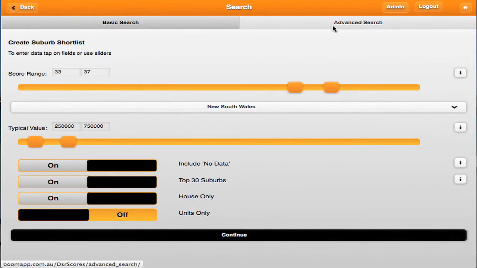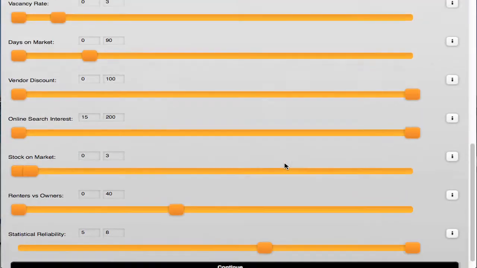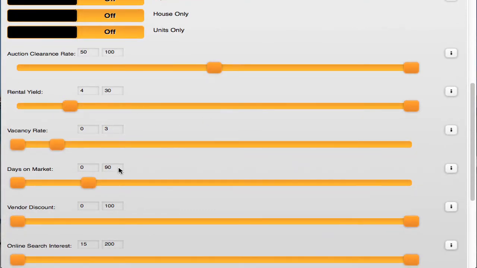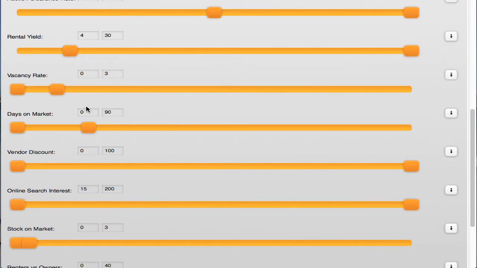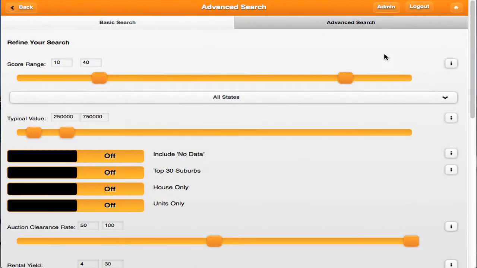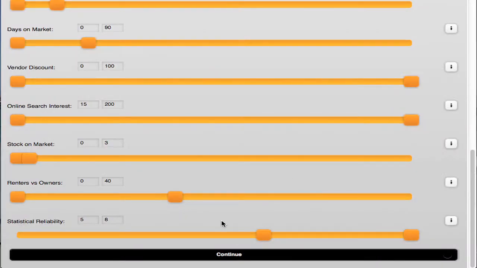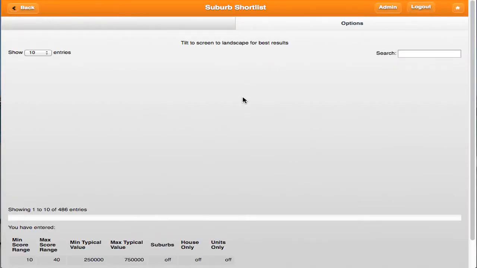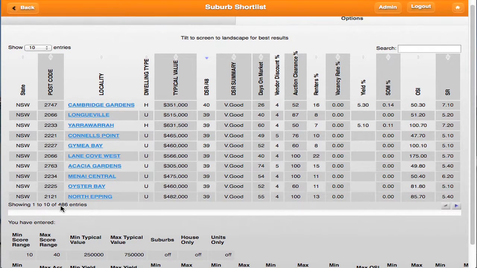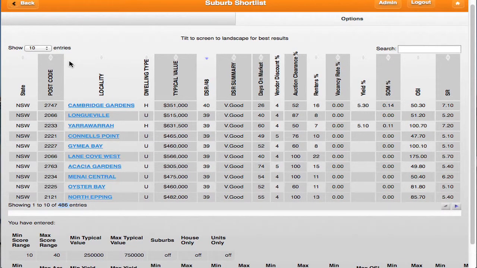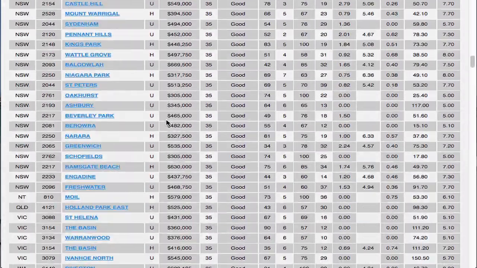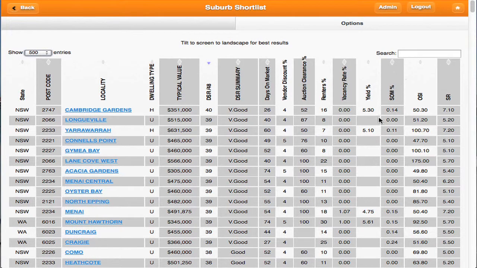That's pretty cool. You can go to advanced and add to all those different things. So if you're particularly interested in just getting suburbs with a high rental yield, low vacancy rate, reasonable days on market, then you can just choose those, and then you click continue. Right, now you can see that there are 486 suburbs that made the list there. Look down there. So we're lucky because it actually stops at 500. It would have told you to do another search, and that's probably because we've included all the null values, as I mentioned, the no data